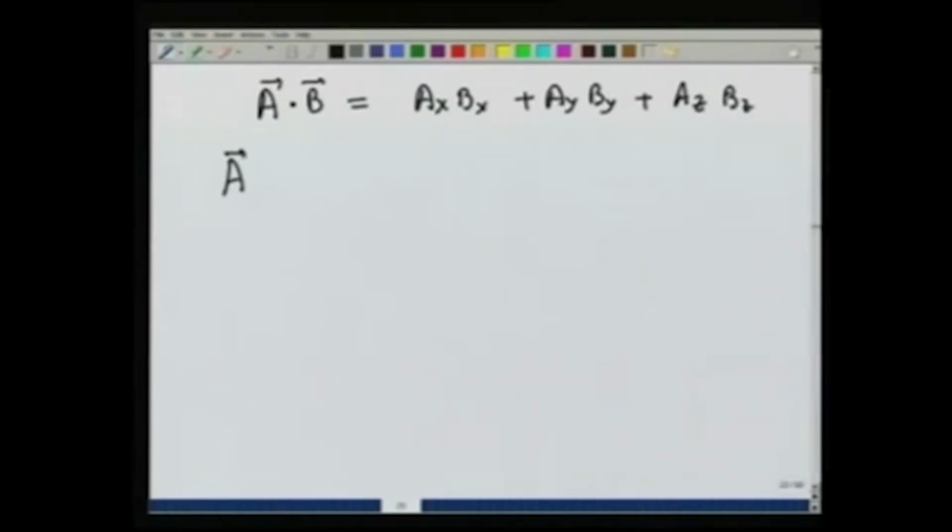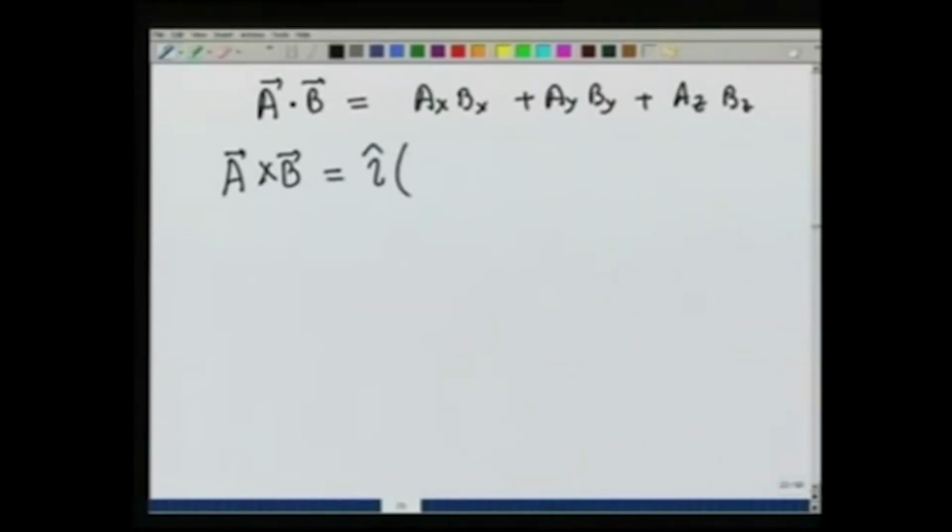You already know from your intermediate 12th grade that there are two kinds of products: a dot product, which is a scalar product, which is given as the sum of a x b x plus a y b y plus a z b z, and the cross product a cross b, which is a vector quantity, which is given as